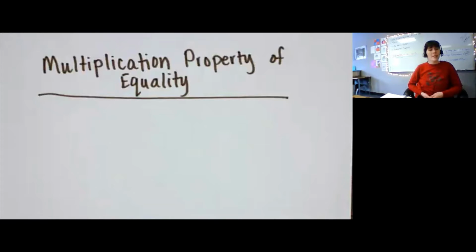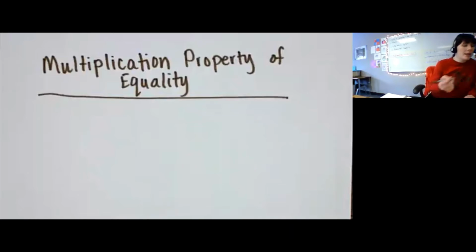Hello students. Today we are going to cover the multiplication property of equality. This is similar to the last two sections that we were just studying, addition and subtraction property of equality. We are going to be looking at an equation, and whatever we do to one side, we still have to do to the other. You will see that as a pattern. It will always stay that way. If you do something to one side, you have to do it to the other so that it will stay